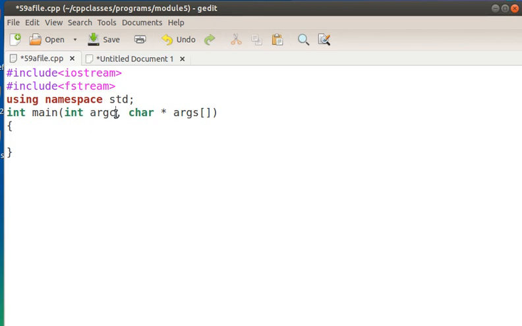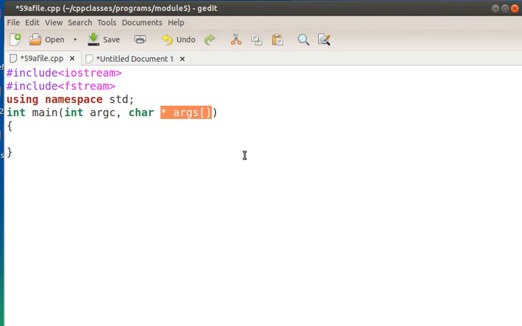One is int argc. argc is a variable. argc means argument count. We will be getting the number of arguments which are passed from the command line into this integer, and this array contains the values which we are passing from the command line.